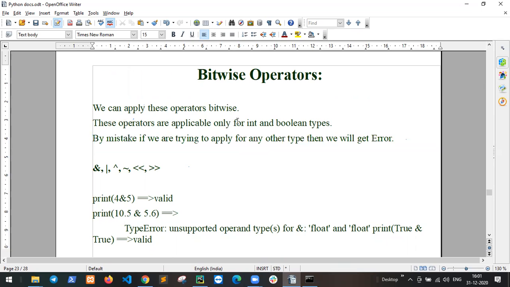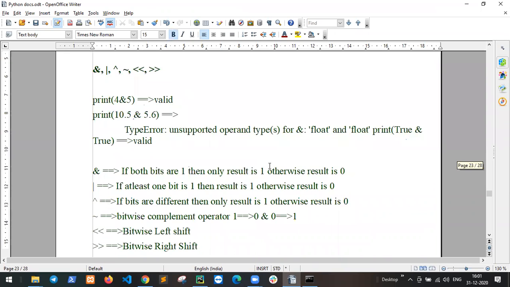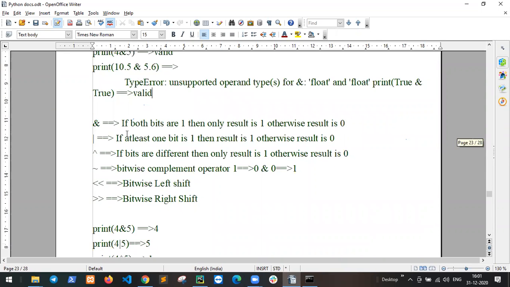Those operators are for int and boolean. For the AND operator, if both bits are 1, then only the result is 1. Otherwise, the result is 0.